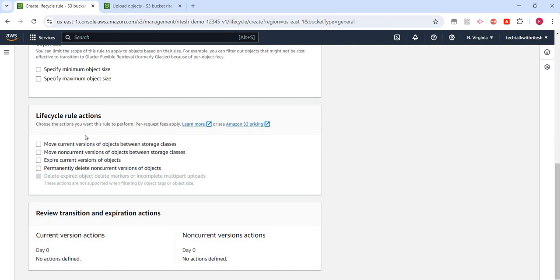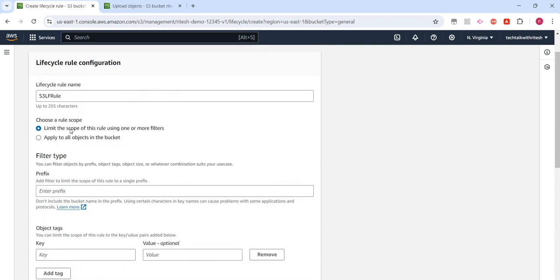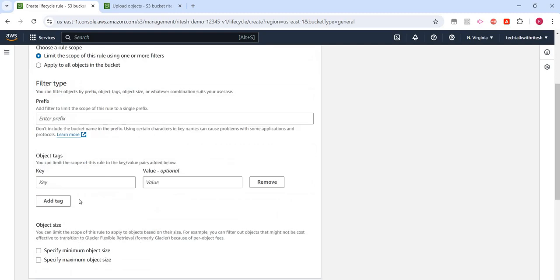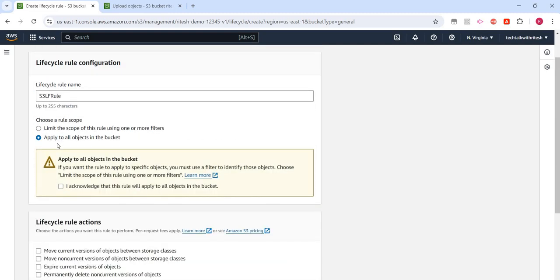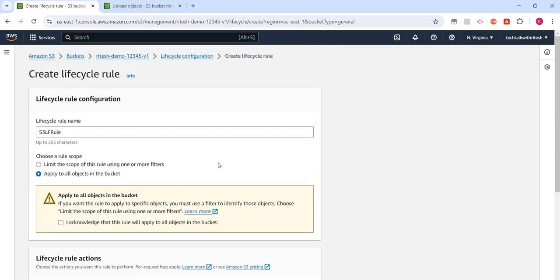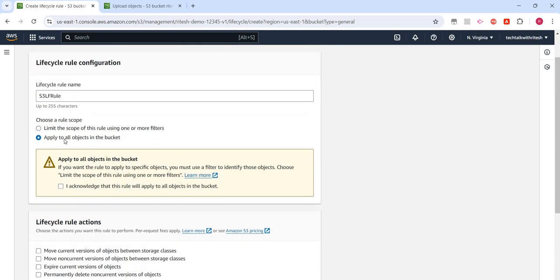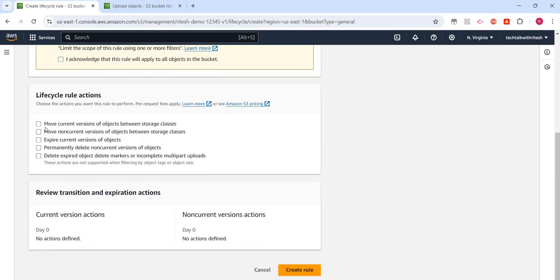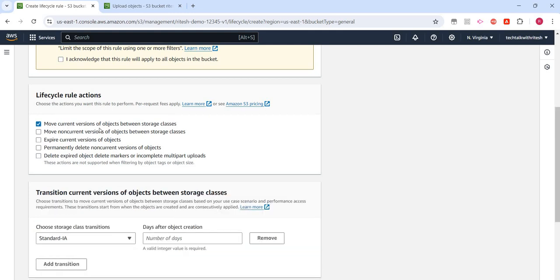And then finally we have the lifecycle rules. If we select this option, then we need to provide these filters, but if we select this one, this means there are no filters at all, and we want to apply this rule setting, whatever we are going to discuss now here, to all the objects in that bucket. So I'll just select this one, and then we have these options available. The first option says move current version of objects between storage classes. So it means if versioning is enabled, then move whatever objects are there,